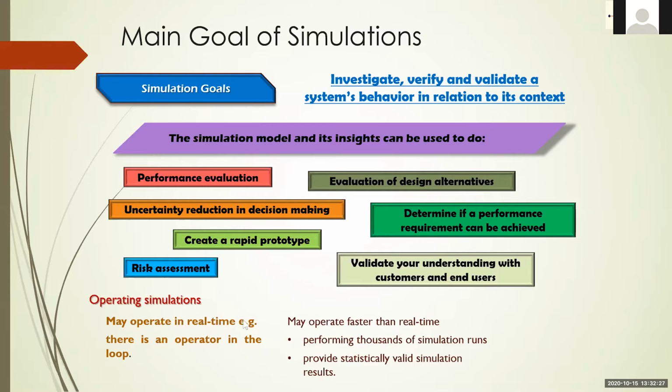Now, another example is that they may operate faster than the real time. So sometimes an operation in real life might be done every hour, and you want to know how many operations your system can do before it breaks down. So you cannot wait an hour every hour to do one trial. So you may want to adjust the frequency of all those events and use it in your simulation. And then you can do hundreds or thousands of those simulations and not have to wait for the real times. And then you might be able to get some results faster.